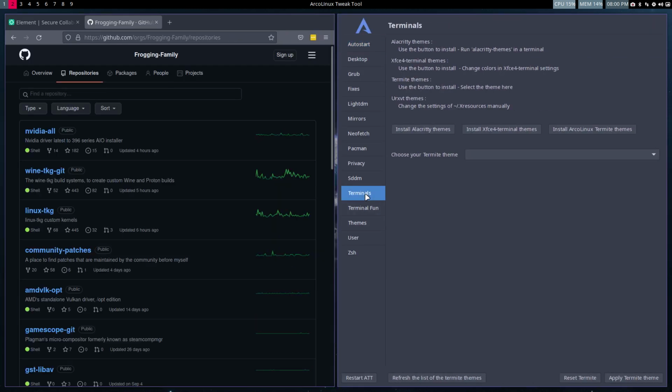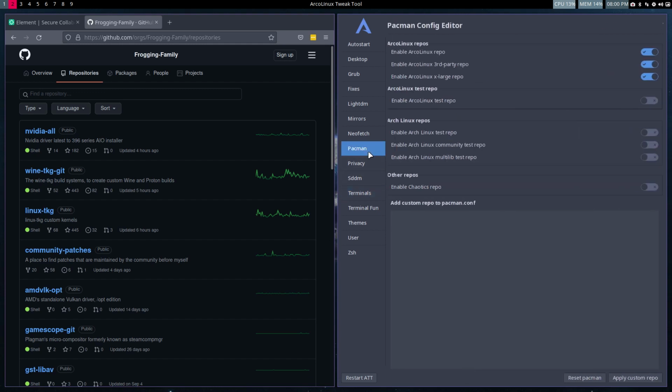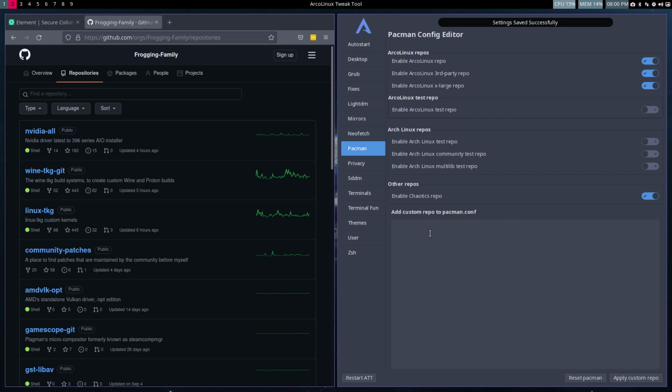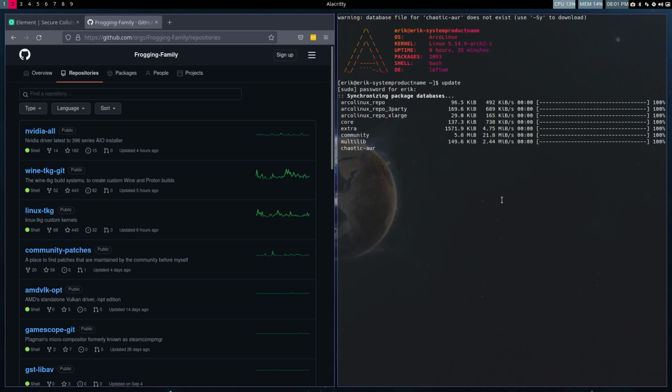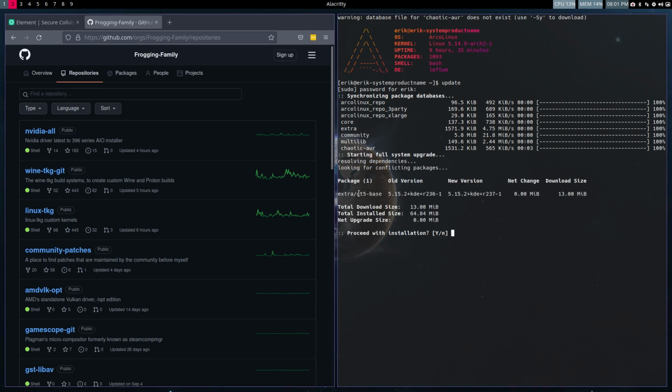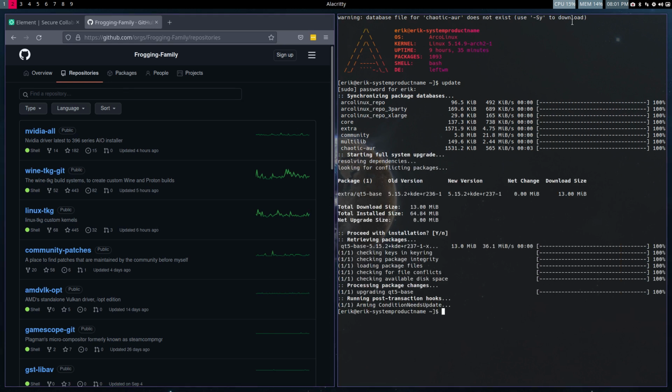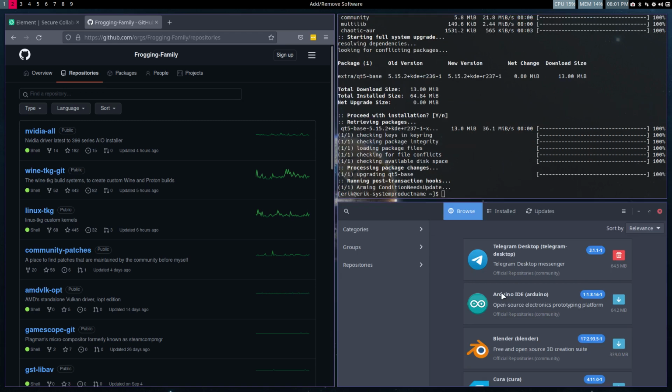We have the Pacman shop, the enable Chaotic repo. If we enable this thing, we have more sources. Well, that one worked as well, that alias. Now we have Chaotic AUR there, right? We are getting these things in. And that's just an update from Arch. That's okay. And we can have a look